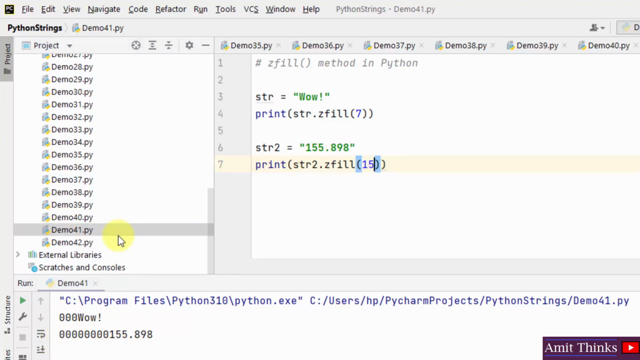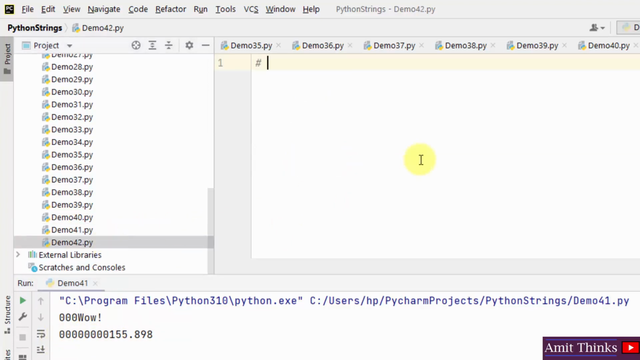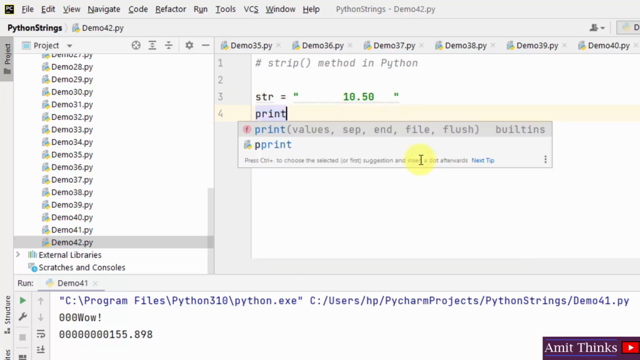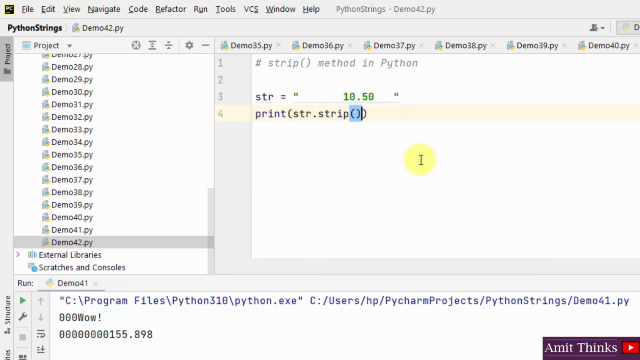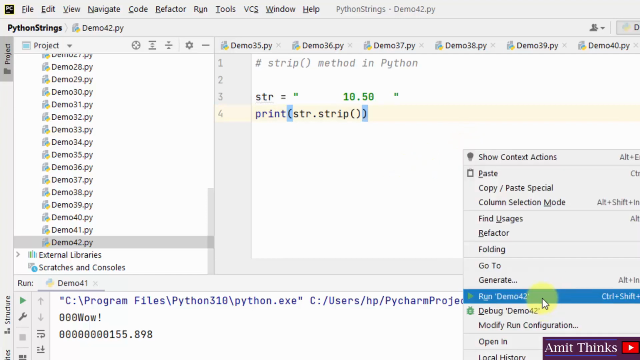Now let us focus on the following, that is the strip method. Strip method in Python. The strip method is used to remove spaces from the beginning and end of a string. Let us understand this with an example. Let's say we have a string with so many spaces in the beginning and at the end. We need to strip it. For that, use the strip method. Let us print it, str.strip. Now let's see what will happen. It will strip the